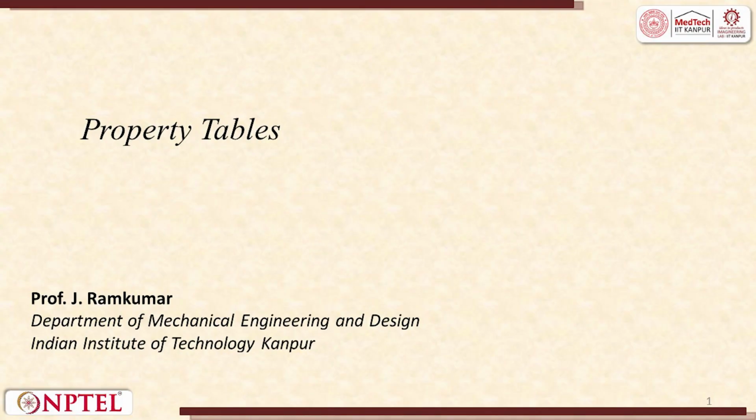Welcome to the next lecture of this course, property table. In the last lecture, we saw about different phases of pure substance. Then we saw PV diagram, then PT diagram, then VT diagram, then PVT diagram. Then we understood the need for PV diagram, and then we moved on to defining specific volume. We went into enthalpy, and we also saw about supercritical fluids. So, these were the topics which we covered in the last lecture.